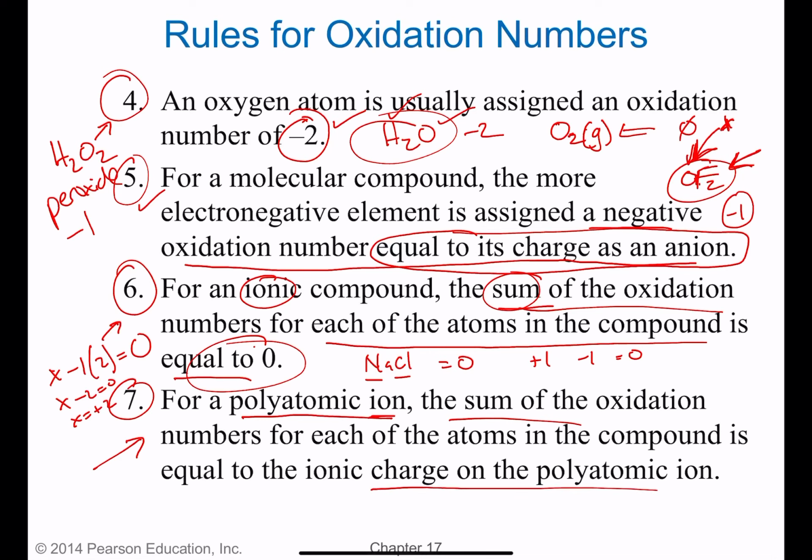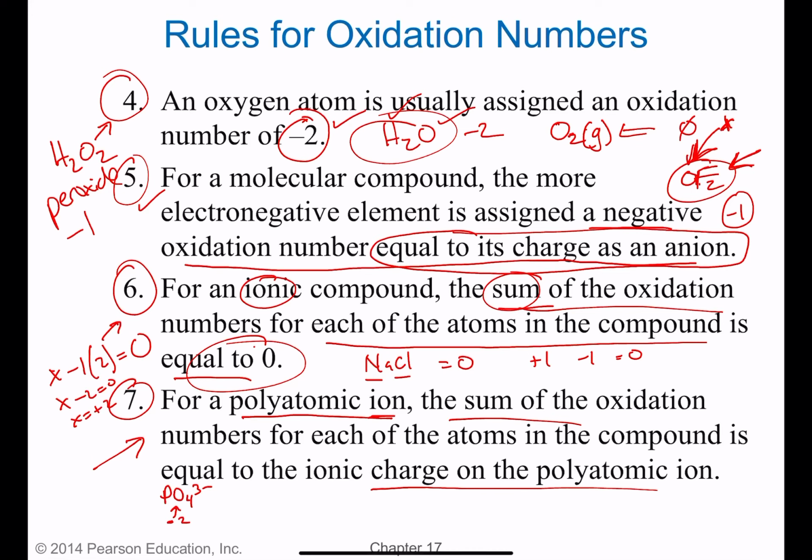So let's say, for example, PO4 3-. This is the phosphate polyatomic ion. Recall that you should be trying to memorize your polyatomic ions. Now, the oxygen is the more electronegative element between phosphorus and oxygen, so it's going to be -2, and there's